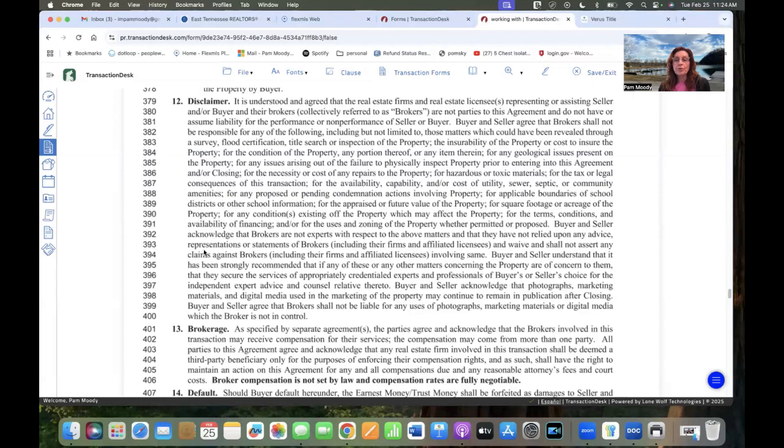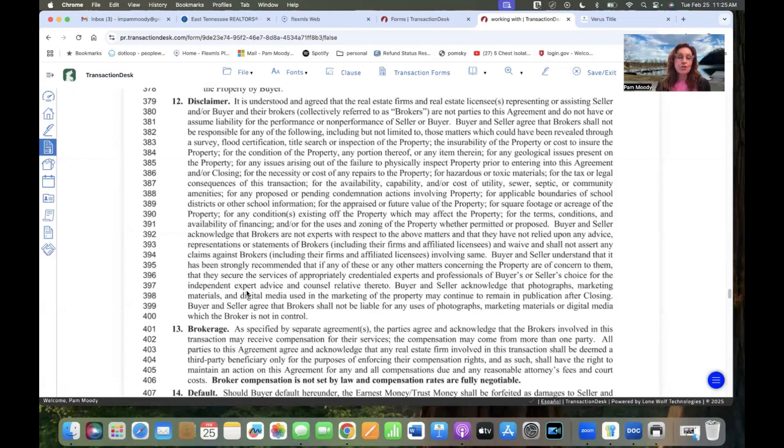Buyer and seller acknowledge that brokers are not experts with respect to the above matters, and that they have not relied upon any advice, representations, or statements of brokers, including their firms and affiliated licensees, and waive and shall not assert any claims against brokers, including their firms and affiliated licensees, involving the same. Buyer and seller understand that it has been strongly recommended that if any of these or other matters concerning the property are of concern to them, they secure the services of appropriately credentialed experts and professionals of buyer's or seller's choice